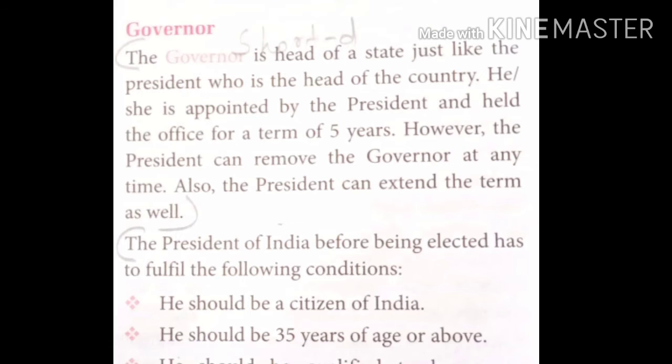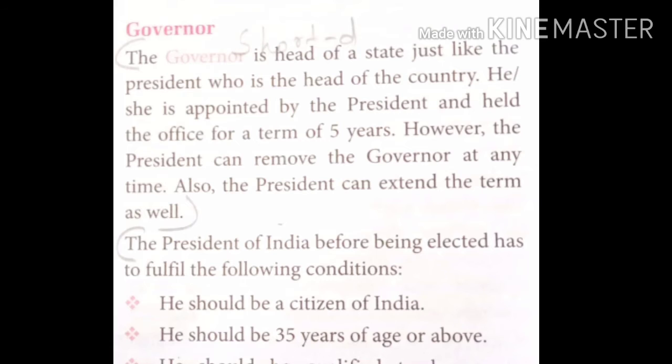5 साल का। However, the president can remove the governor at any time। जबकि ये प्रेसिडेंट के हाथों में होता है कि वो गवर्नर को कभी भी हटा सकते हैं। अगर किसी तरह की इमरजेंसी हुई, किसी तरह के सर्कमस्टांसेस हुए, तो वो उनको हटा भी सकते हैं बिफोर 5 years। ऑल्सो द प्रेसिडेंट कैन एक्सटेंड द टर्म एज वेल। और उनका जो टर्म है या टेन्योर है उसको एक्सटेंड भी किया जा सकता है।